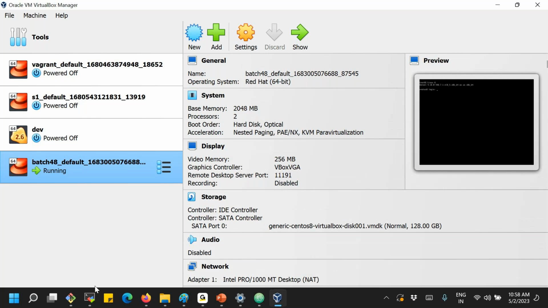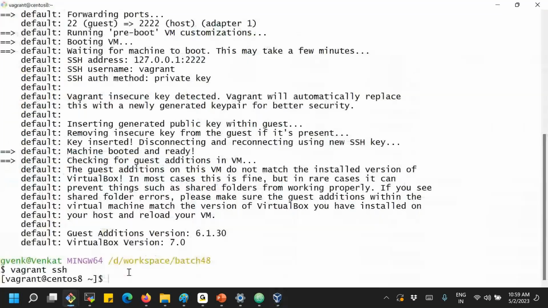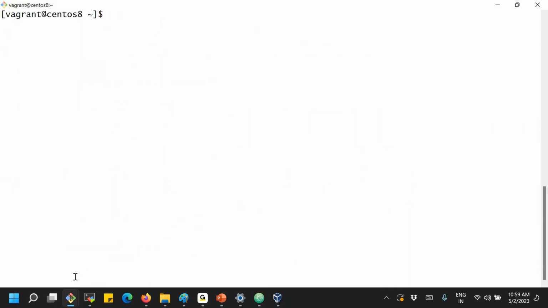Let's observe that vagrant ssh. Now we are in which machine? On the Windows system or on the Linux system? Linux system. Now this command prompt, if you see whatever it is prompting, now we are in CentOS 8. So now here use Control L to clear the screen. Control L to clear the screen. Or you can use cls also. cls is on Windows and clear on the Linux operating system.